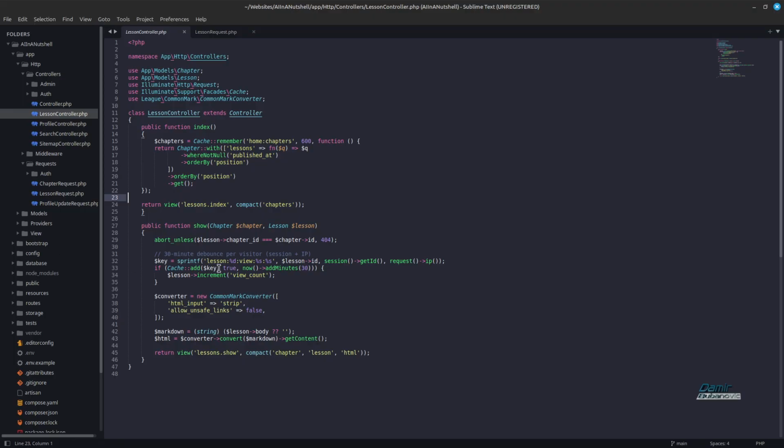Then we have this function, public function show, which guards URL integrity: 404 if the lesson doesn't belong to the chapter. View count debounce: build a cache key from lesson ID, view session and IP, and increment the view count once per 30 minutes per visitor. We have a Markdown